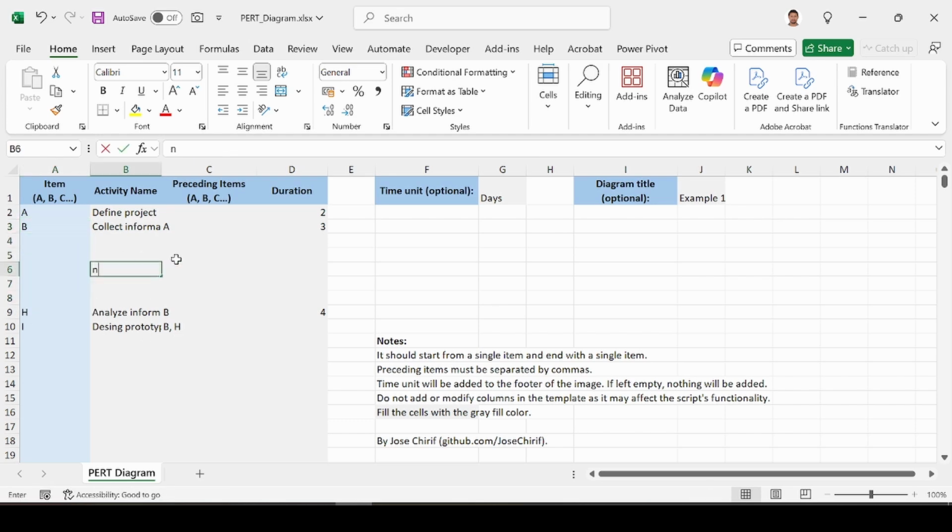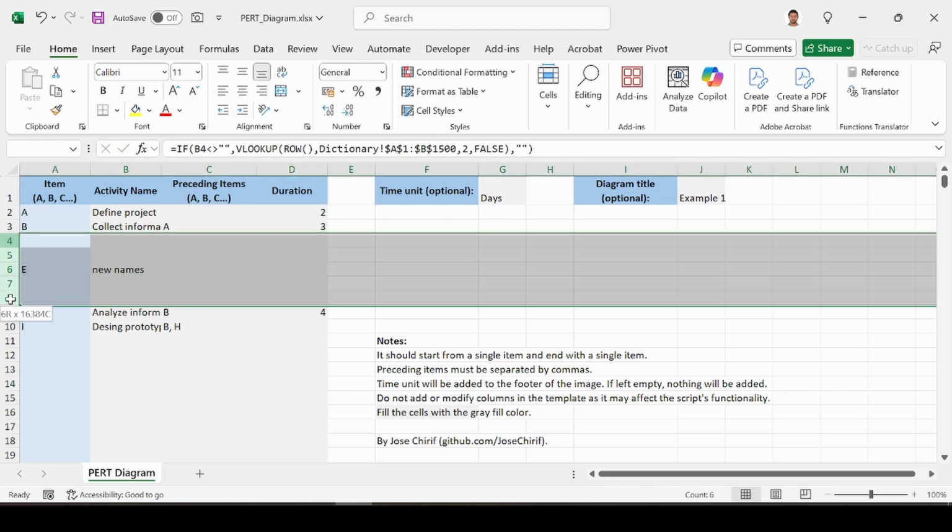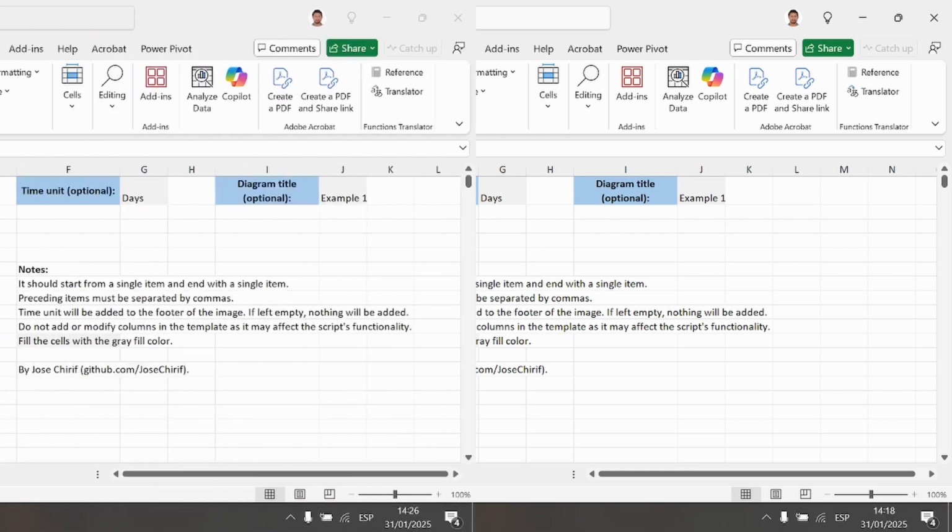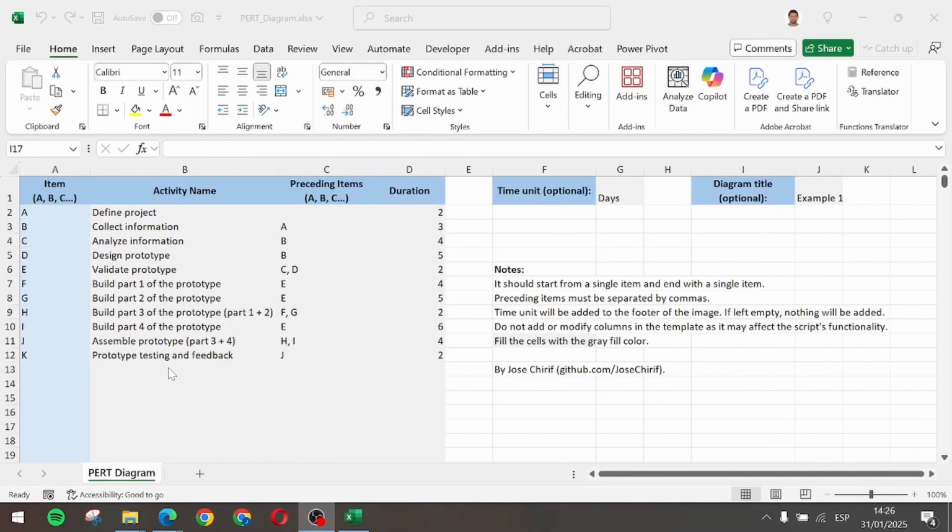And I can put new names here. So now I'm going to complete the template. This is the final project that I will use to create the path diagram.